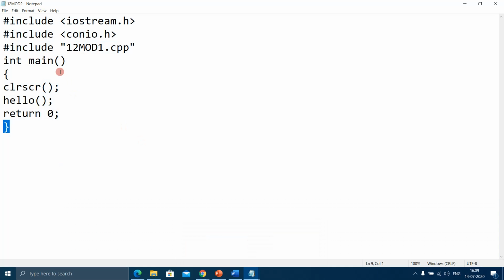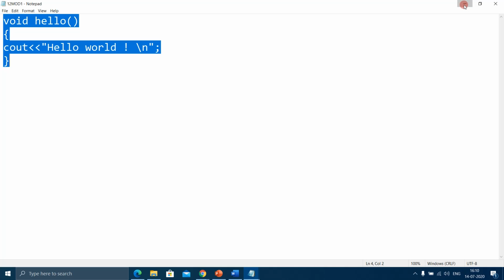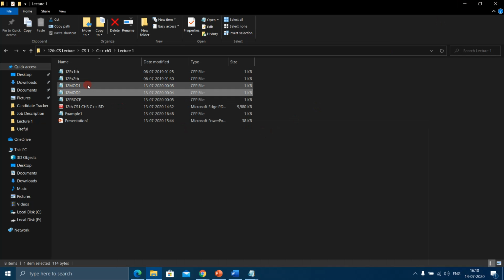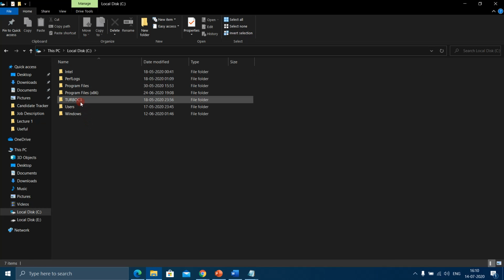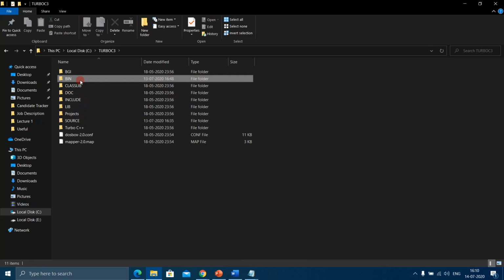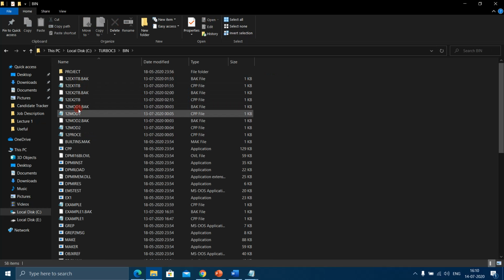So this main program is trying to access the function which is in a different module. Let us see the output for this. To see the output, you'll have to save this file in the bin folder of your Turbo C++, which you will find in C drive. Here in C drive, I've already saved 12mod1 and 12mod2.